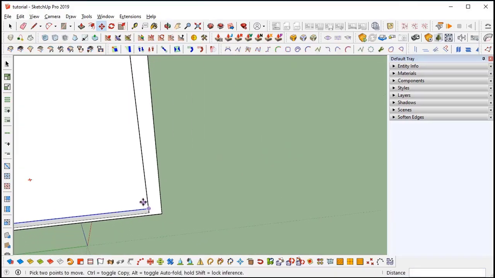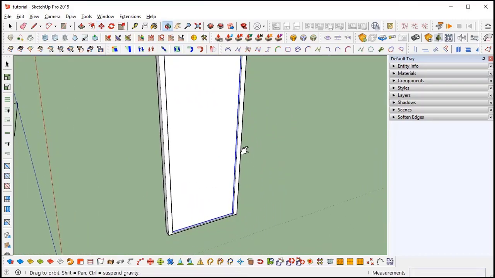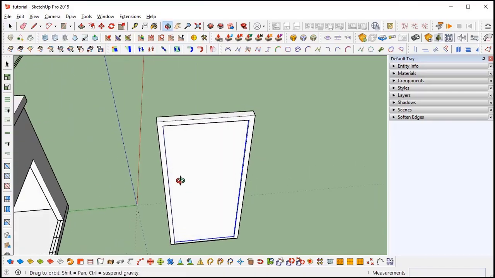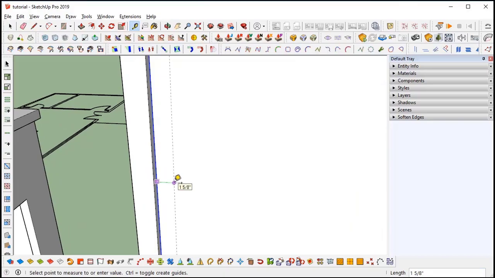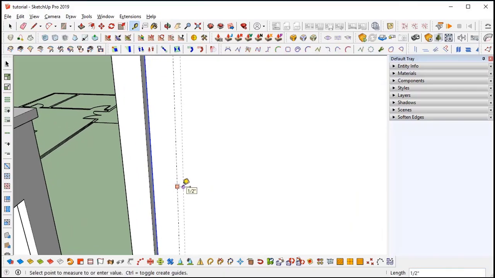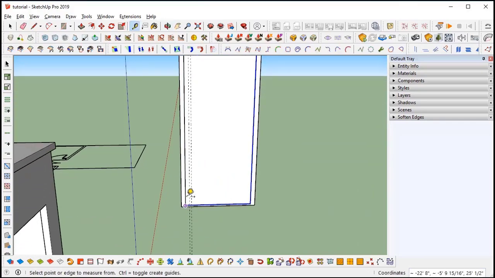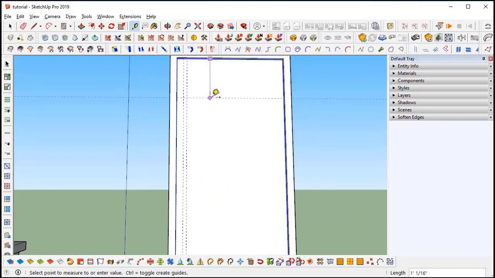Now it looks like a normal door for the interior. Now I'm going to make the door handle, a similar process to the others. I will use the tape measure tool to get the distance, and I will use 1 inch for the door handle. From the top I will choose the middle position.